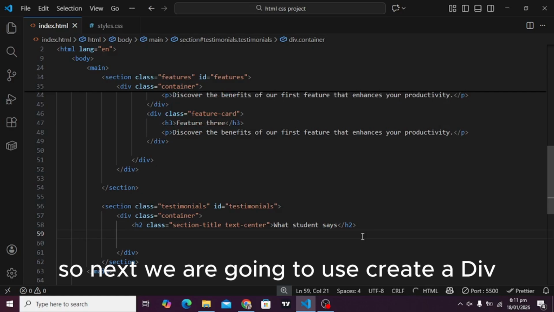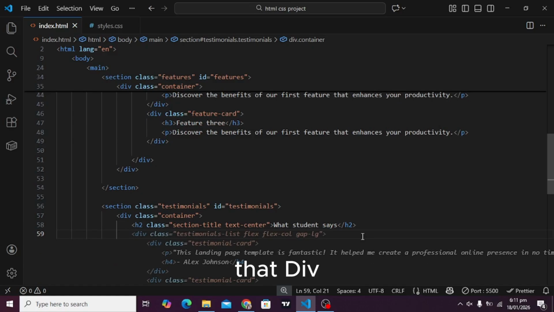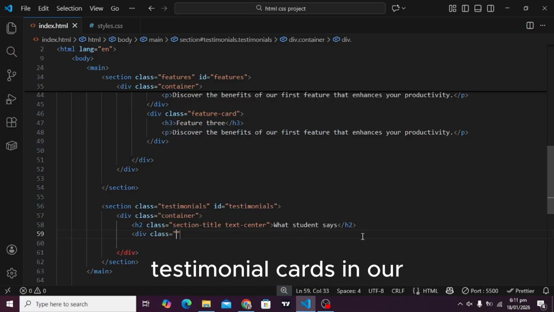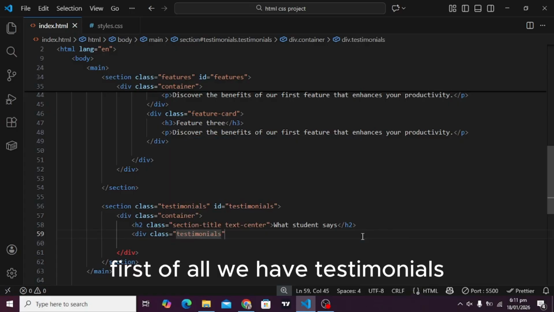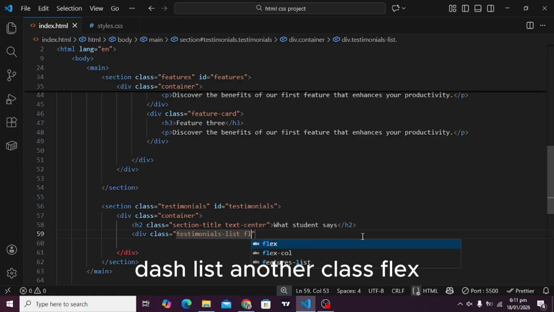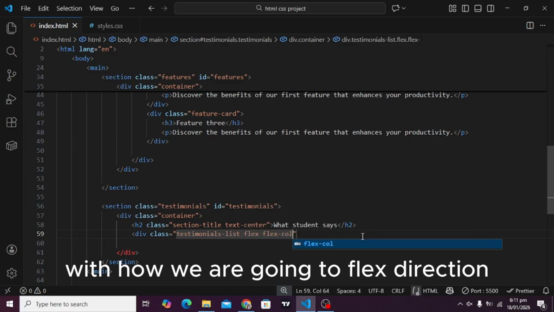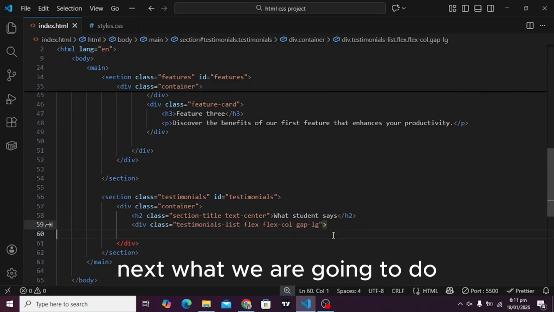Next we are going to create a div that will flex all our testimonial cards. First of all, we have testimonials-list, and another class, flex, that will apply the flex properties. The direction will be flex column, and the gap will be gap-lg. Next, what we are going to do,